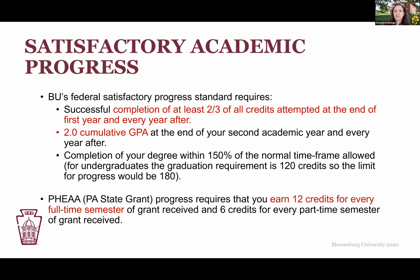cumulative GPA. These are cumulative, so they start from day one and are evaluated on an ongoing basis at the end of each spring semester. And you will continue to have that number of credits and GPA requirement throughout your time at Bloomsburg. And again, this applies to federal financial aid, so the Pell Grant, direct loans, even Parent Plus loans, and work